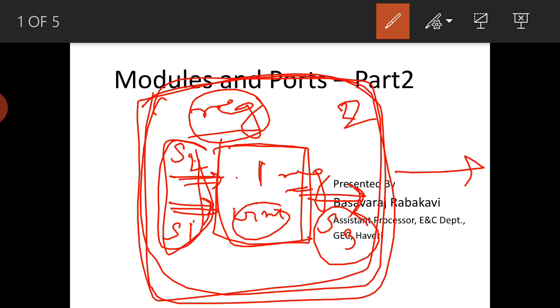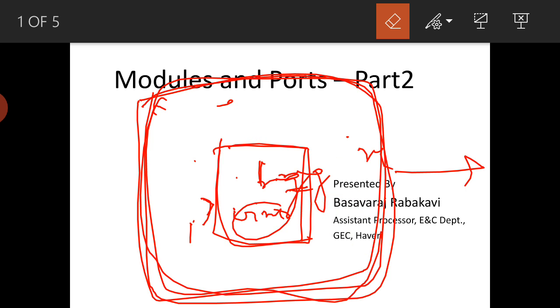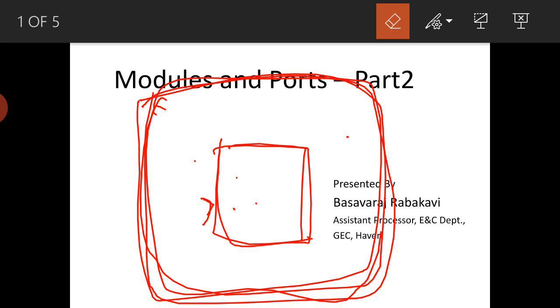will declare as wire. But if you come to S3, inside module 1 it will be declared as reg, but at module 2 it will be declared as wire. So this is how we need to follow the connection rules, and we have also seen this in the previous class. The same thing I have explained now, we will use in writing the code and test bench.